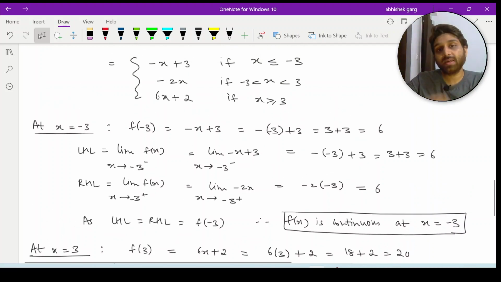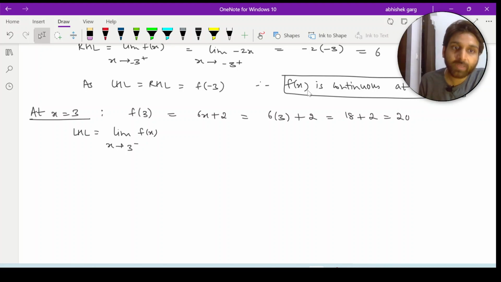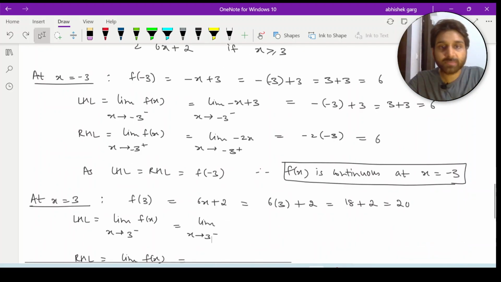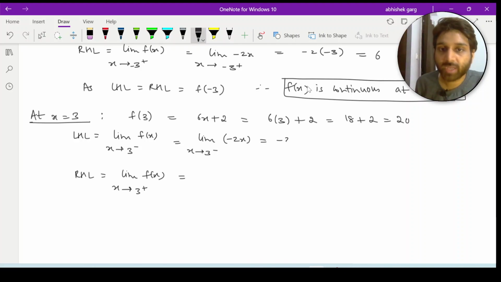तो देखिए, अगर x की वैल्यू 3 से थोड़ी सी कम है तो वैल्यू इज -2x, राइट. तो यहाँ पे हम x टेंडिंग टू 3 माइनस कर देंगे. पहले हम निकालेंगे लेफ्ट हैंड लिमिट, और इसके बाद हम निकालेंगे राइट हैंड लिमिट, लिमिट f(x), x टेंड्स टू 3 प्लस. ओके, तो ये आ जाएगा लिमिट x टेंड्स टू 3 माइनस, 3 से अगर हल्का सा कम है x का वैल्यू तो हमारा जो फंक्शन है दैट इज -2x. तो यहाँ पे हम डायरेक्ट सब्सटीट्यूशन कर देंगे, तो आ जाएगा -2 × 3 विच इज इक्वल टू -6. देखिए हो गई गड़बड़, मतलब फंक्शन की वैल्यू 20 और लेफ्ट हैंड लिमिट -6 आ गई.